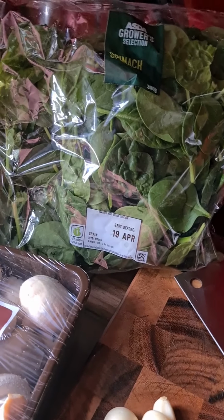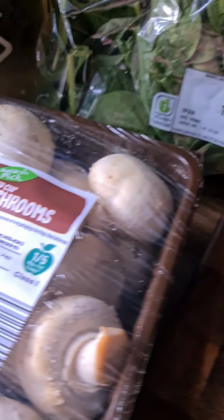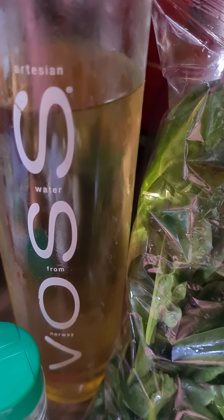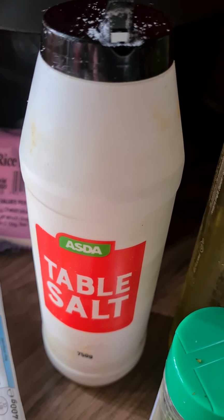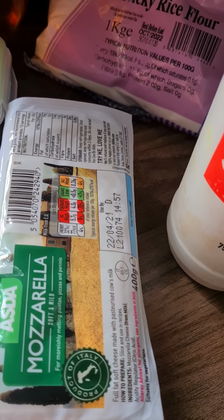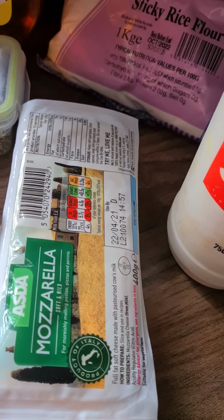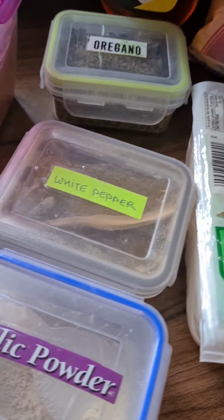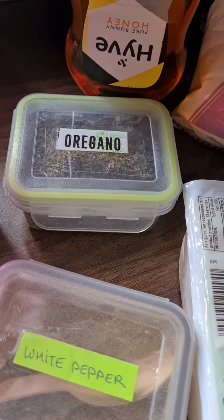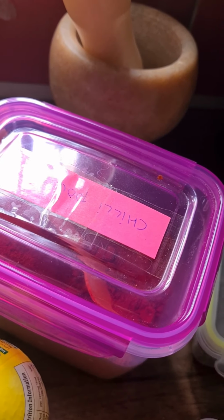And for the fillings, the stuffings, you're going to need about 2 handfuls of spinach, about 400 grams of mushroom. You're going to need oil for frying, about 2 teaspoons of salt. You're going to need about 400 grams there, but I'm going to use about 300 grams of mozzarella cheese. You can use any other soft cheese if you like, but I'm going to be using mozzarella. You're also going to need another teaspoon of garlic powder, half a teaspoon of oregano, 2 teaspoons of honey, and 2 teaspoons of chili powder as well,